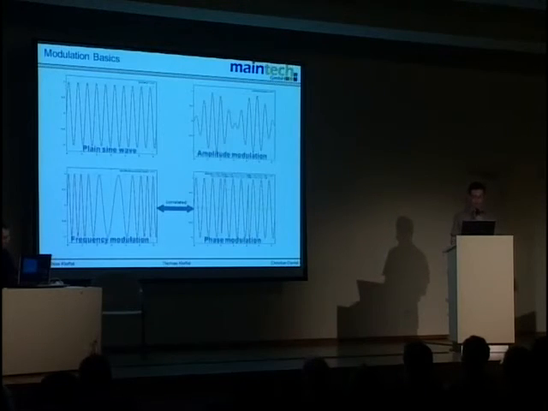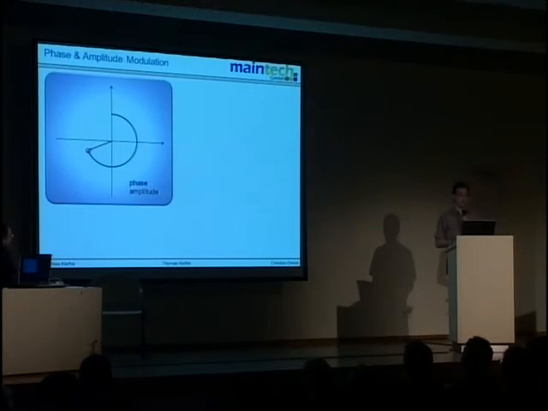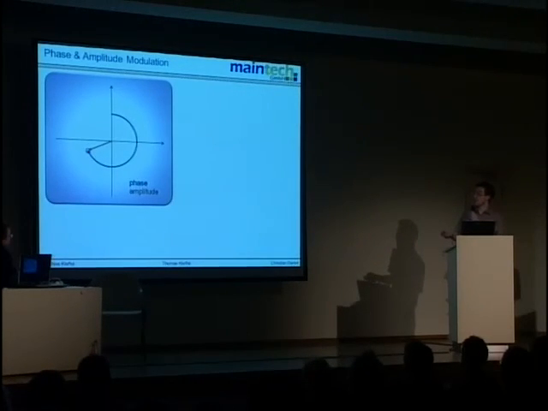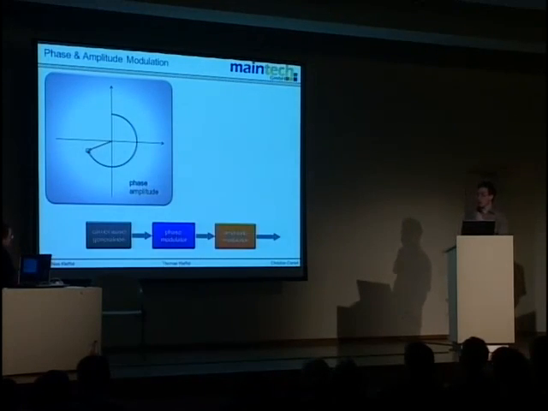Okay, so here's what we do. If you choose to use phase and amplitude modulation, so you don't modulate the frequency, you can draw the wave you're currently transmitting on such a diagram. On that diagram, you draw the phase as an angle from 0 to 360 degrees, and you draw the amplitude as distance from the center. So you can express every carrier wave you might transmit as a point somewhere in that plane. So if you build such a thing, a carrier wave generator, some box that magically phase modulates it, and some box that amplitude modulates that phase modulated carrier wave,